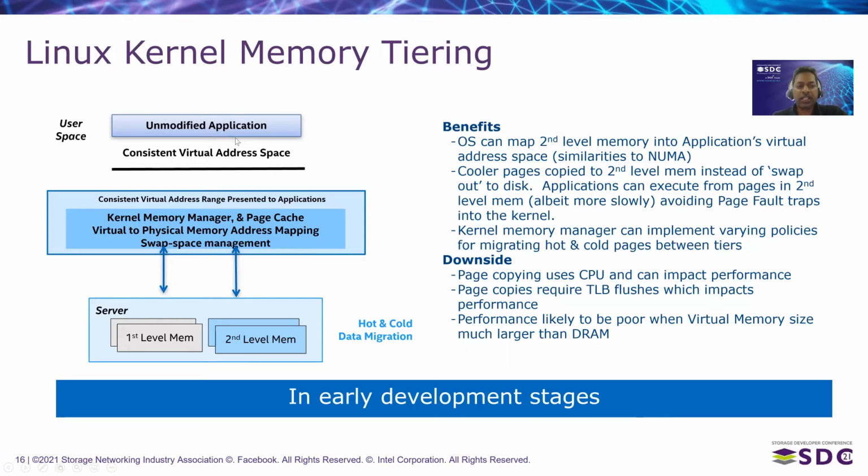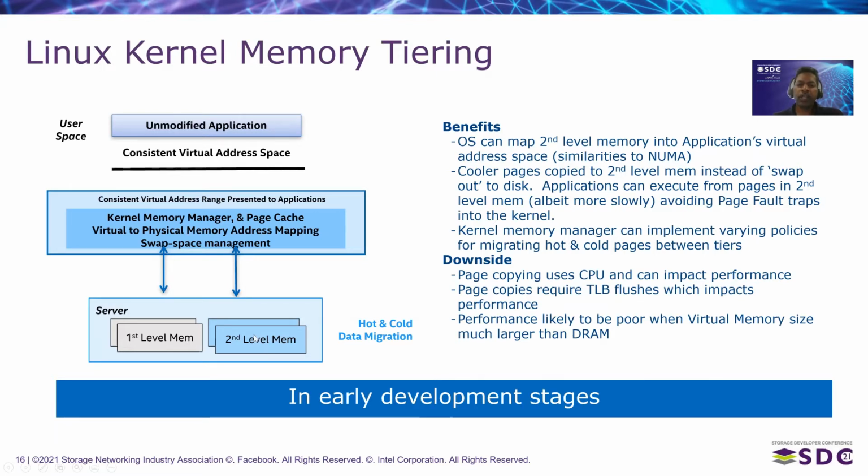So in this case, the application does not have to change. It will continue to use malloc and free as one uniform address space. But behind the scenes, the kernel is managing both types of media and migrating the data between the 1LM and 2LM based on the access patterns and hot versus cold